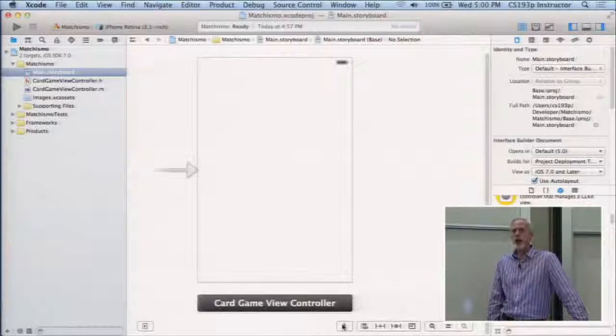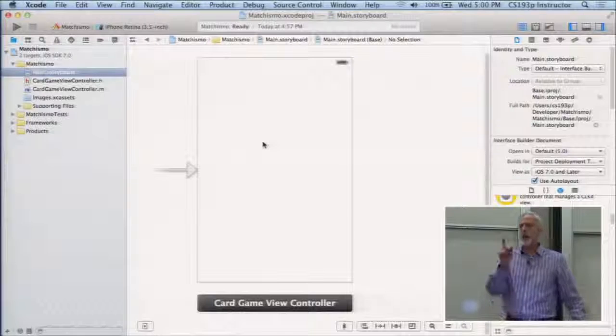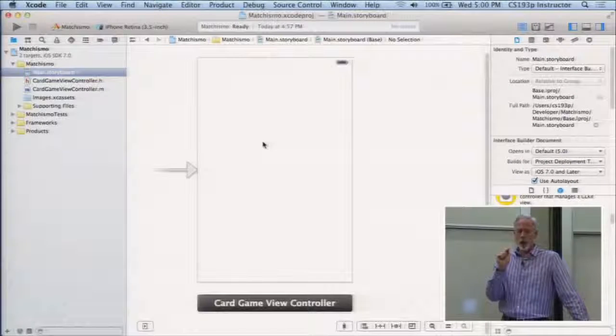Okay, so let's just dive right into building our view here. What our view is going to be today is a single card with an ace of clubs written on it. Okay, that's going to be it. And I'm going to be able to click